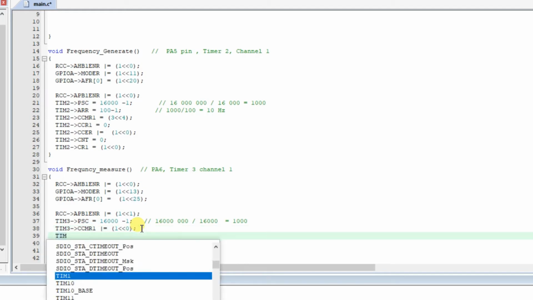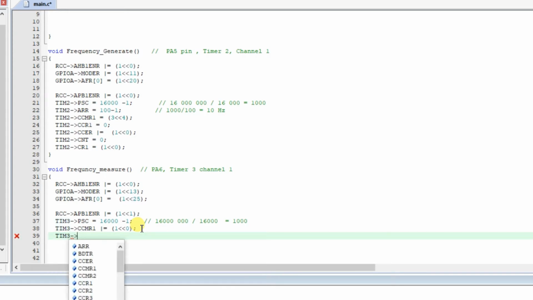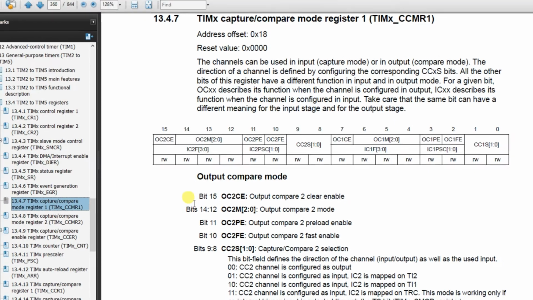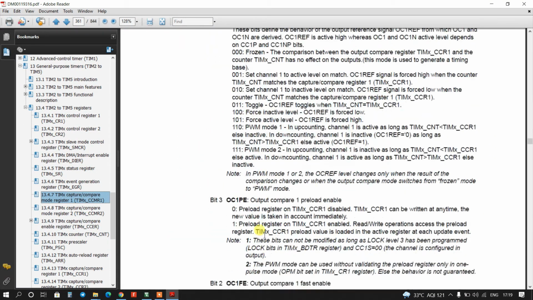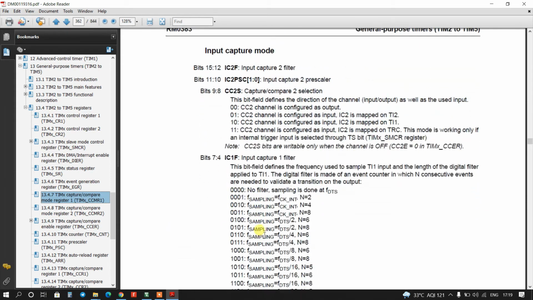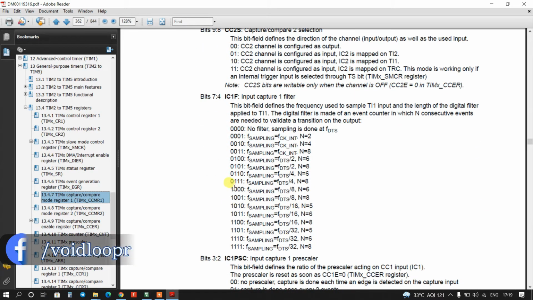Timer 3. Now again go to input capture mode. This time we have to set the filter, so we are going to use this one.